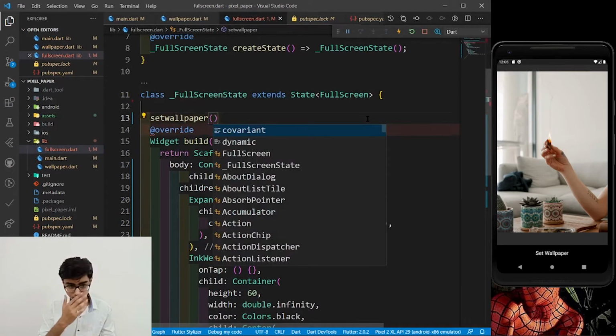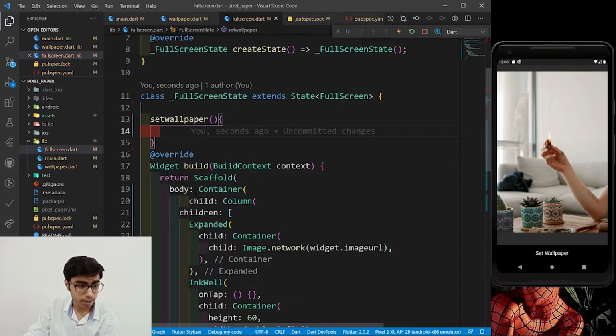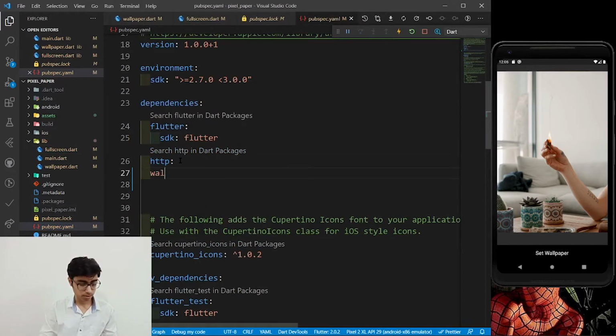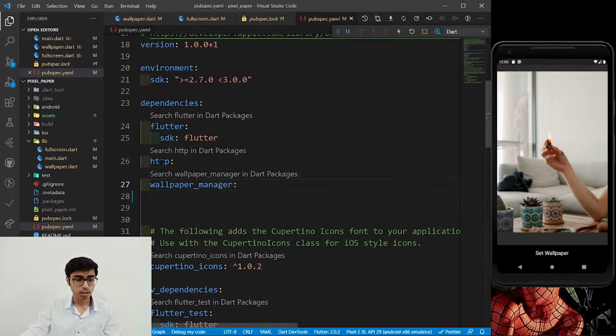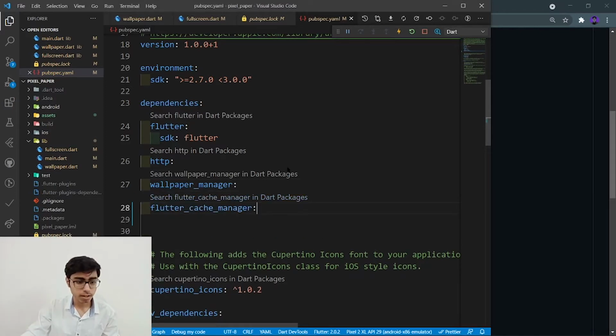For this thing we want to add a few dependencies. So the dependencies that are there are the wallpaper manager, and the second dependency is flutter cache manager, right? So these are the two dependencies.